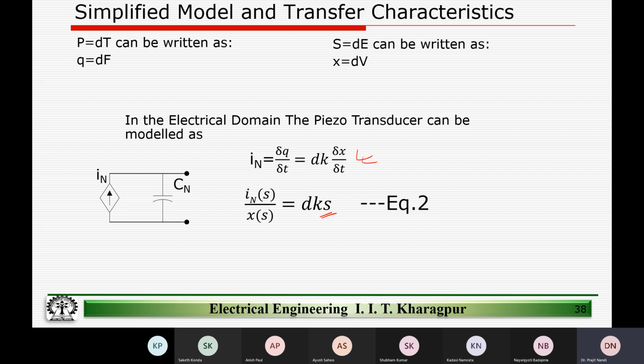So the first equation, we had a mechanical equation where we related x, the deformation, with the force. The second equation, we are relating the current that is generated as a function of the deformation. So I'm building into the final model. Bear with me till we go to the final model. So I(s)/X(s) is dK(s),